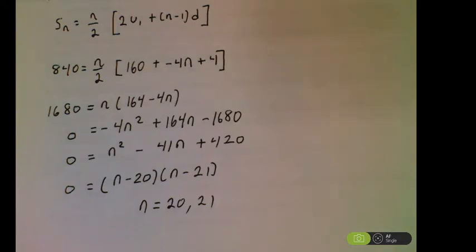The cases that wouldn't be accepted typically would be like a negative, because you can't have a negative number of terms. So since we're solving for a number of terms, our answers are going to have to be positive on this. So if I did have a negative, I would reject it. Since both of these are positive and they do fit, if you plug them back in, we will accept both